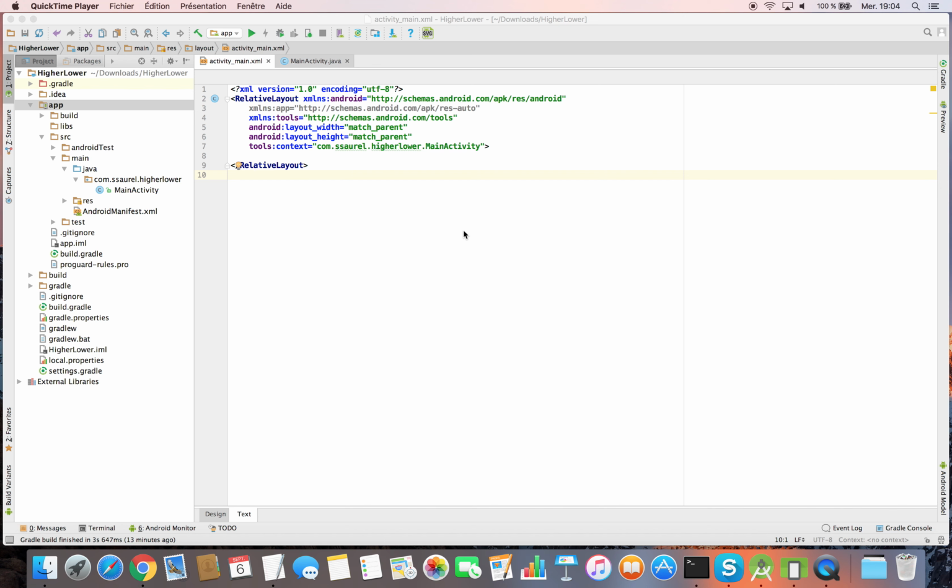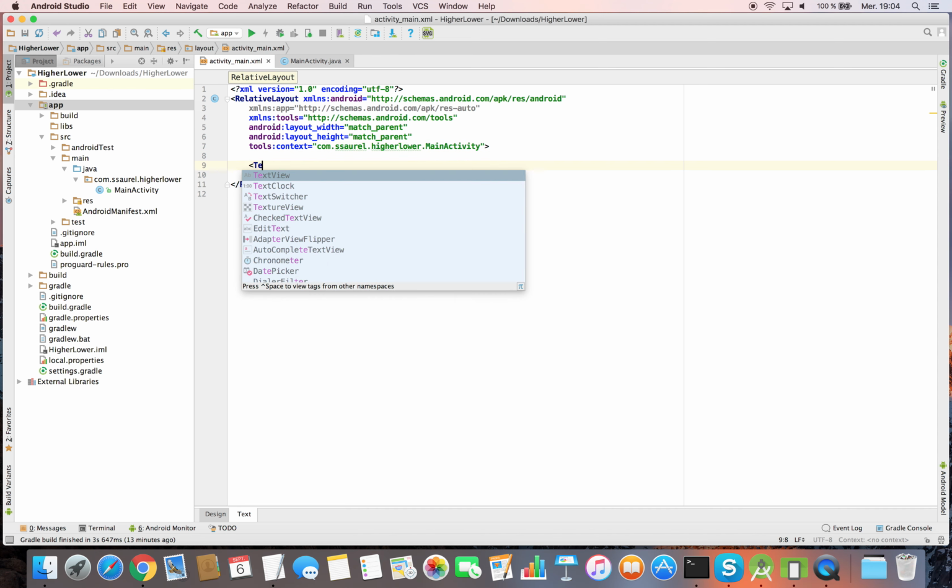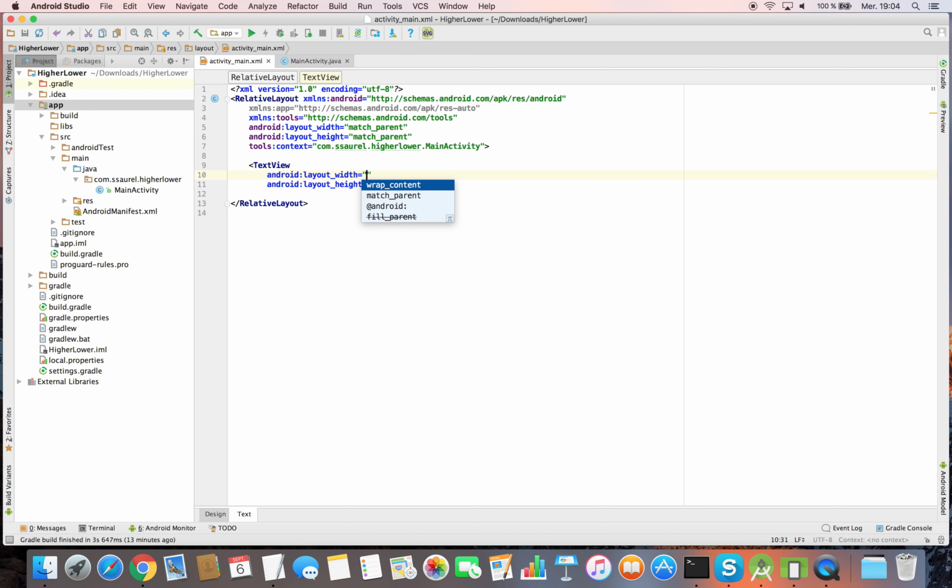In this tutorial, you are going to learn how to create a higher-lower guessing game on Android with Android Studio. In a higher-lower guessing game, the computer will come up with a number between 1 and 1000. The player must then continue to guess numbers until the player guesses the correct number. For every guess, the computer will either say too high or too low, and then ask for another input. At the end of the game, the number is revealed along with the number of guesses it took to get